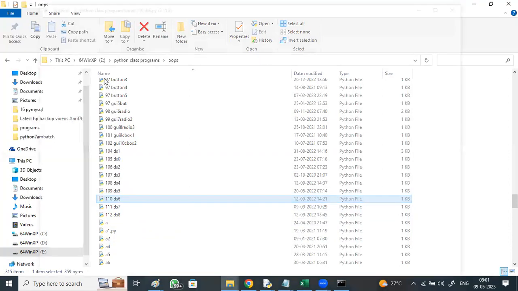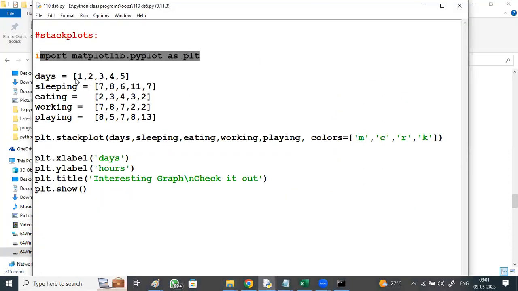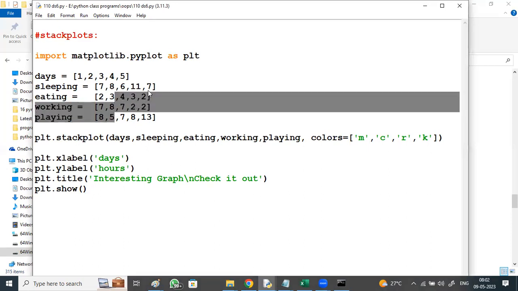Import matplotlib.pyplot as plt, days 1 2 3 4 5. What are the activities? Sleeping, eating, working, playing, right? Day 1, 7 hours for sleeping, 2 hours for eating, 7 hours for working, 8 hours for playing. 7 plus 2 is 9, plus 7 is 16, plus 8 is 24, right? 24 hours spent for day 1, day 2, day 3, day 4, day 5.